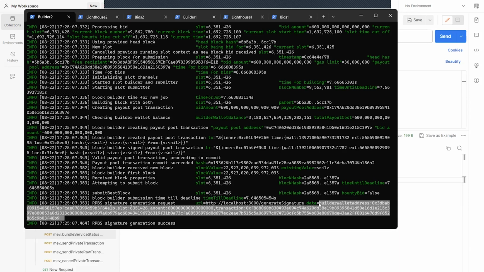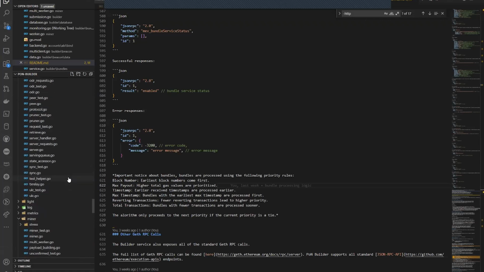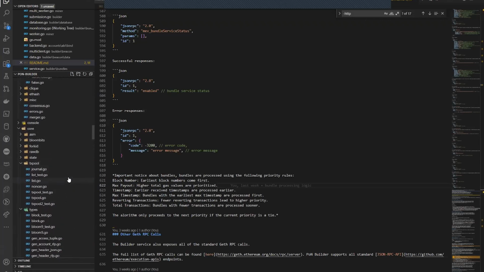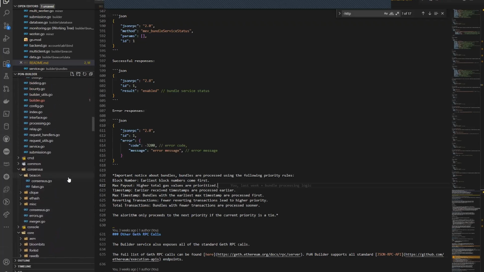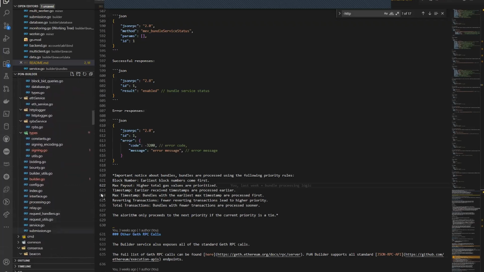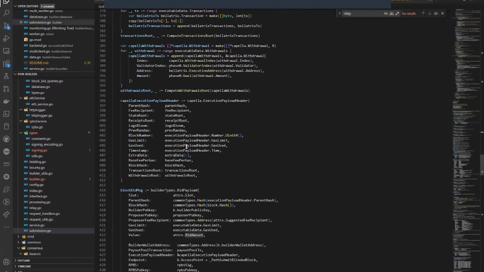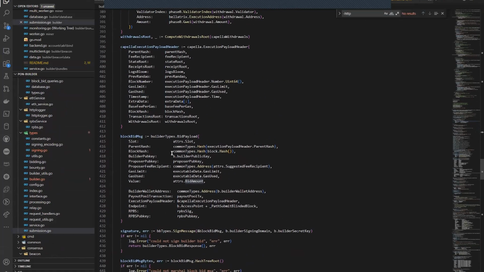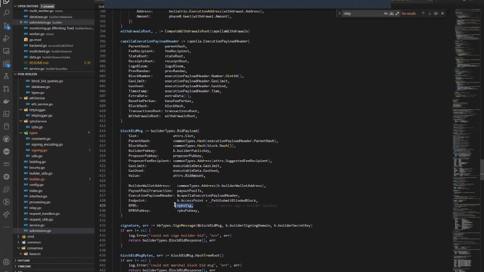Attached to this signature, generated out of the common info and the blinded parts of the header, is the builder's public key for the RPBS service or RPBS self-attester scheme they're running. In submission, this is included as the public key to the bid and the signature included, to which the builder then signs over both by